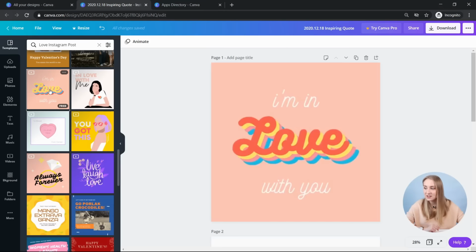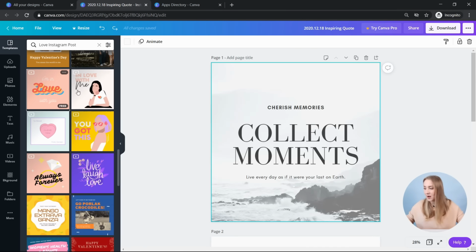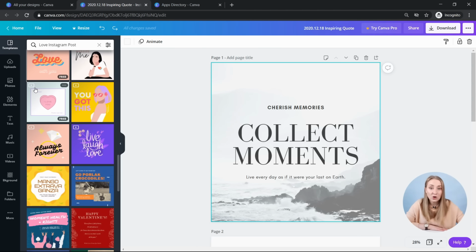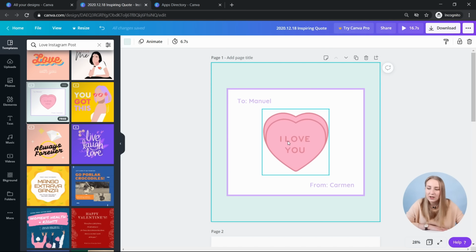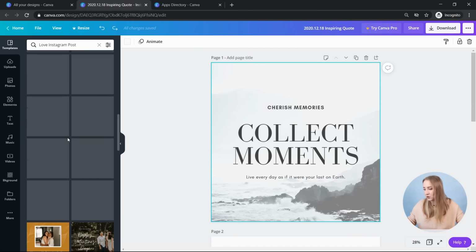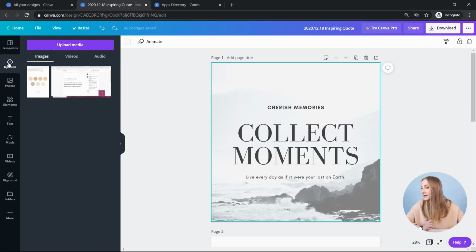So you can browse through the different templates that Canva offers in here. And if you were to change something, you can just click on it and it applies it to that page as well. As you can see, there are video, kind of animated templates as well, which is shown by that little miniature video thumbnail in here. So if you click on it, you know that it's going to be an animated element, which again, I'll explain later on.